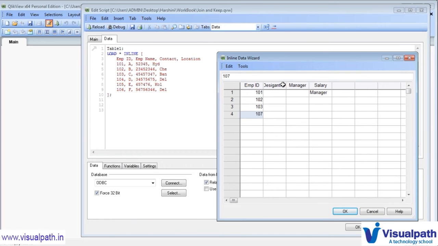So let me put some other person here, 107, 108, 109 and 110, and let me keep some designations as director, then senior director, then manager, then senior manager, and then some analyst, and then some business developer, and some team leaders. So he's a team leader.